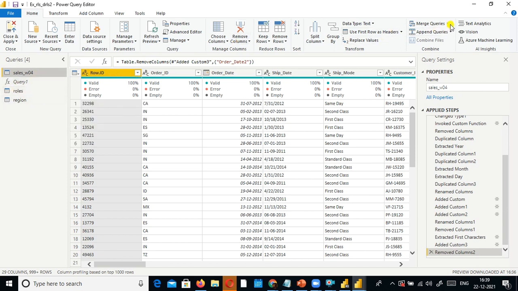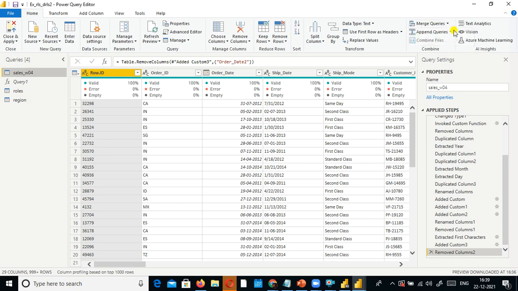So it is always a good idea to use this second option, so that it will merge these two tables and then create a new query. That new query will have the combination of the data of these two tables or queries in it.